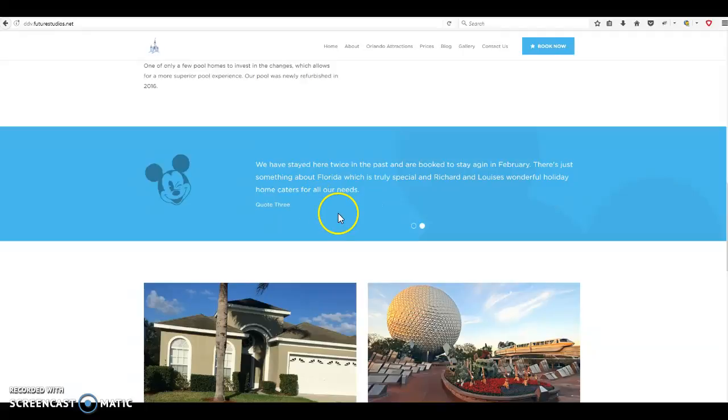So at the moment, there's only 2 in there, and these are 2 that I think I put in during the build phase. Just a couple of test entries, if you like. As you can see, quote 2 and quote 3, that would be somebody's name in reality. So where I've added these,